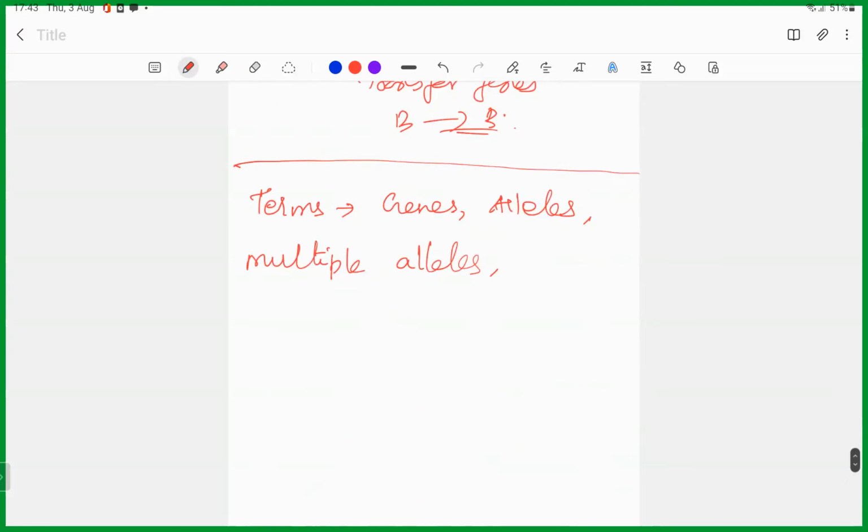Genes, at least note down now, important terms. You have to find out the answer for that. Genes, alleles, multiple alleles. Okay. And then genetics, heredity, variation,